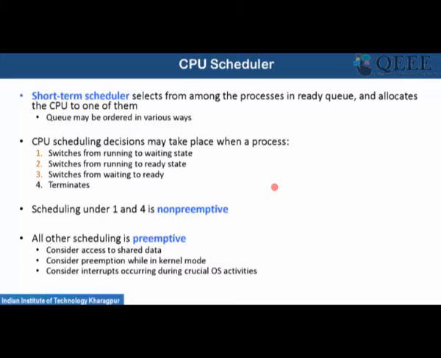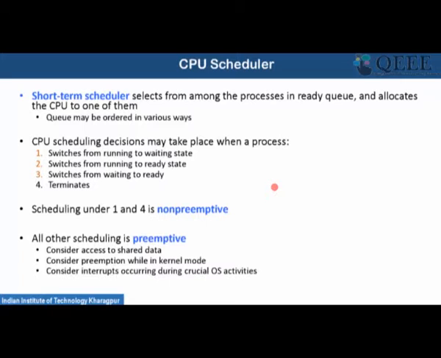Whenever you send such an interrupt, the current process needs to be stopped. There can be other types of interrupts as well, but the basic philosophy is that when an interrupt is received, the current execution of the process needs to be stopped, and another process, or an interrupt service routine, needs to be executed on the CPU.